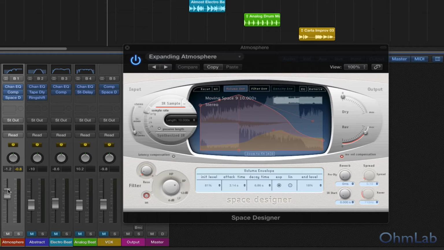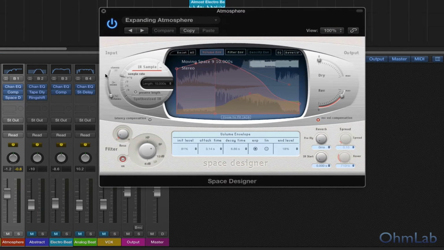Now, when the reverb is actually being served up through an auxiliary channel, that's completely independent from the volume of the original audio. So you can do whatever you want with the original audio and allow that reverb tail to play out. And we'll show you a good example of how that actually works here in a moment. But for now, just know that we've applied the reverb. Specifically, this type of reverb that I've set up is a little bit complex. But the things to keep in mind: